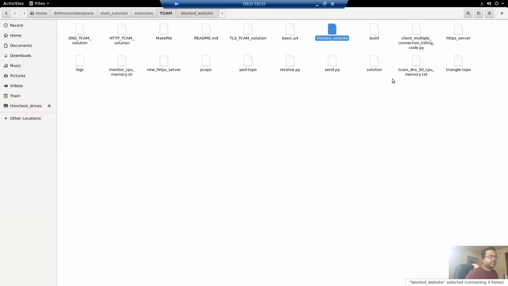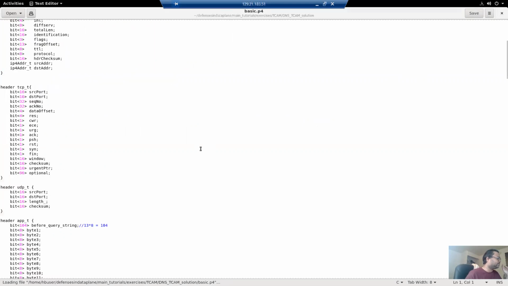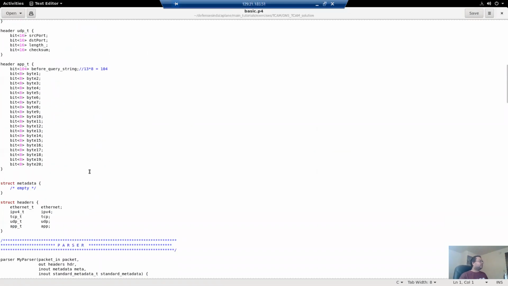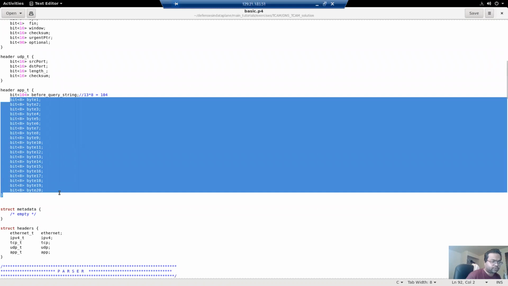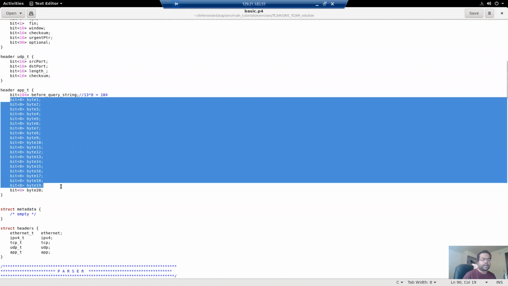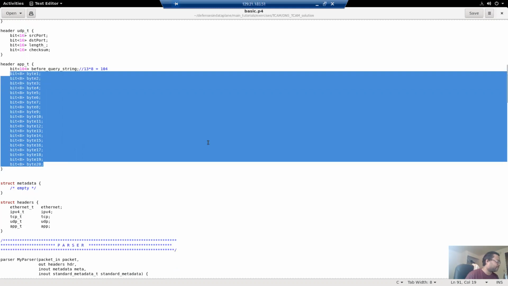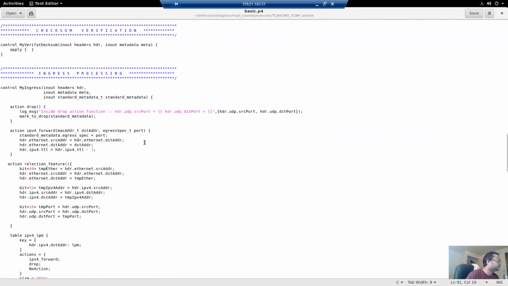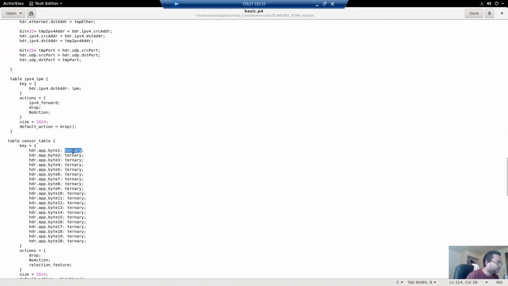So these are our traffic generator programs. For server programs, we are running Nginx and the dnsmasq utility. And now these are 3 different solutions. For DNS, we have this solution. This is our data plane program. For our concern right now, for demonstration purposes, these 20 bytes are sufficient to inspect for the pattern. And here we use another table that uses TCAM memory.